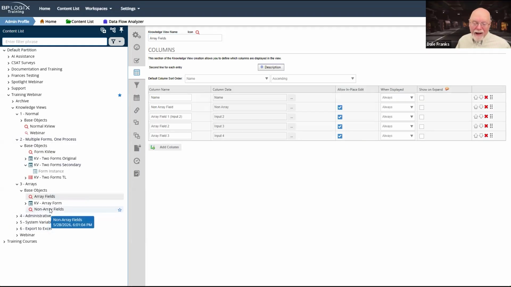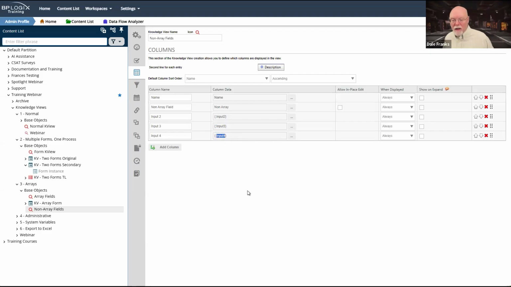Conversely, again, I cannot do that in this knowledge view where I have used the text system variable just to manually concatenate these rows, because it doesn't know that they're form fields.